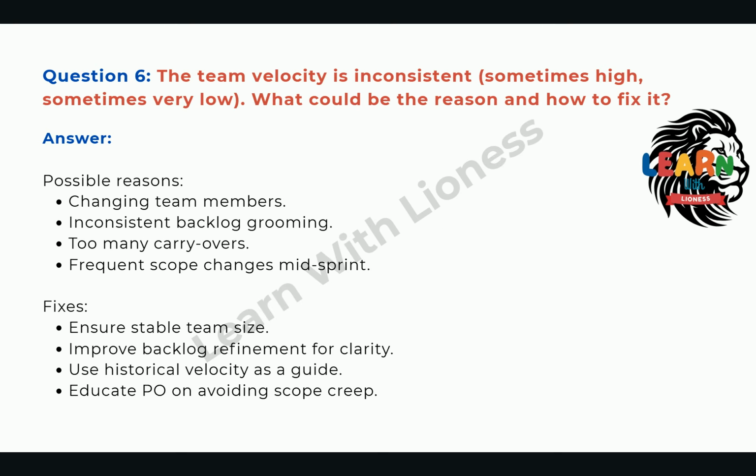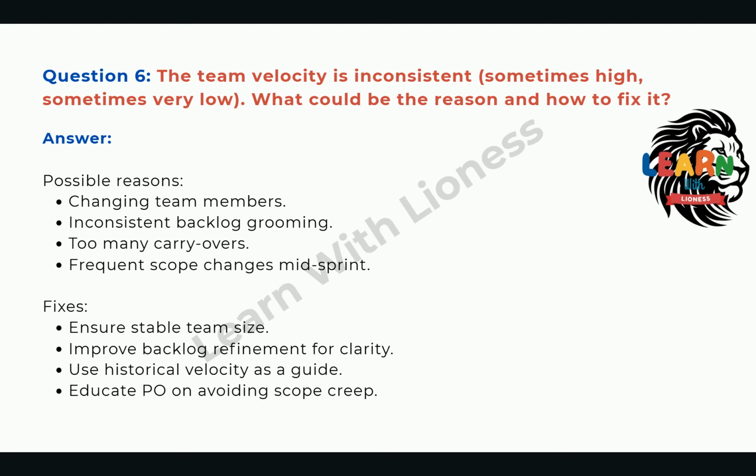Question 6. The team velocity is inconsistent, sometimes high, sometimes very low. What could be the reason and how to fix it? Answer. Possible reasons: changing team members, inconsistent backlog grooming, too many carryovers,